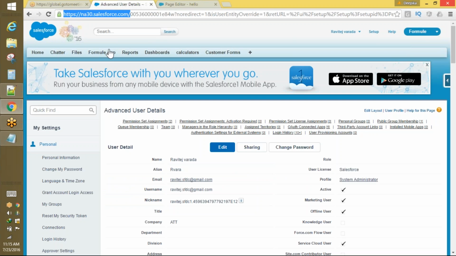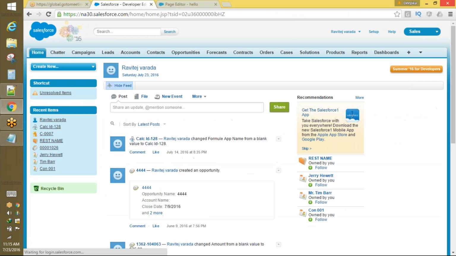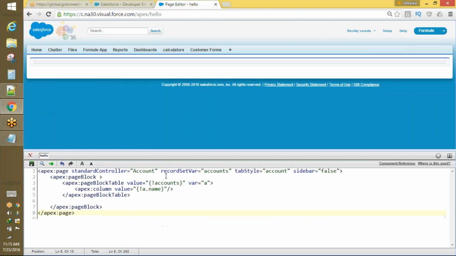Now let's go back to our sales page here. Tab style account, sidebar is false, page block here. Then we have the page block table, and the value of the page block table is going through this list of the accounts, which is similar to this one. For each of that, I've assigned a variable called a, and now it is going to go through this. It's going to display the name of that particular a every time, which is nothing but the account name. So now if I go back here,